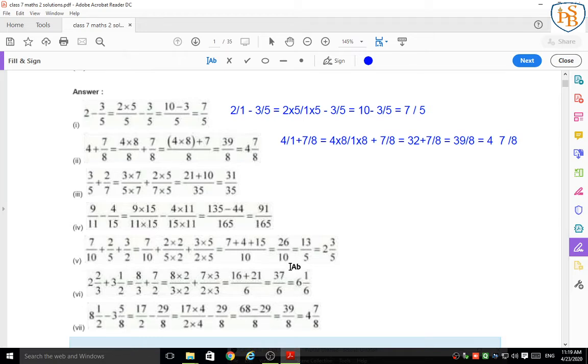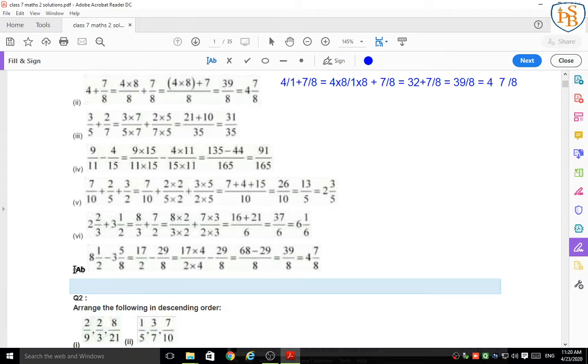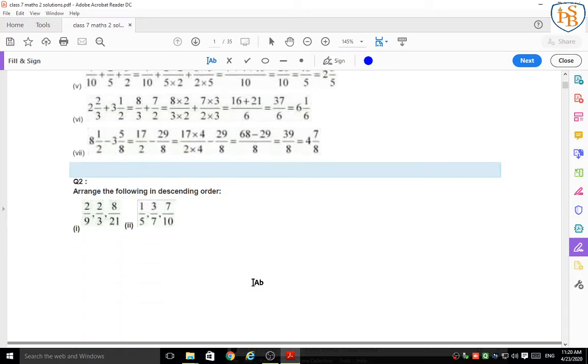So by using the divisibility test of 2, I can find the shorter fraction of 26 upon 10, that is 13 upon 5, because 13 2s are 26, 5 2s are 10, and this improper fraction should be converted into a mixed fraction. 5 2s are 10, and when we subtract 10 from 13, the remainder is 3 that we have to write in the numerator place. So our mixed fraction is 2 and 3 upon 5. Like that, you have to solve the 6th and 7th yourself, and you have to solve this whole exercise in your notebook. Here is the second question.